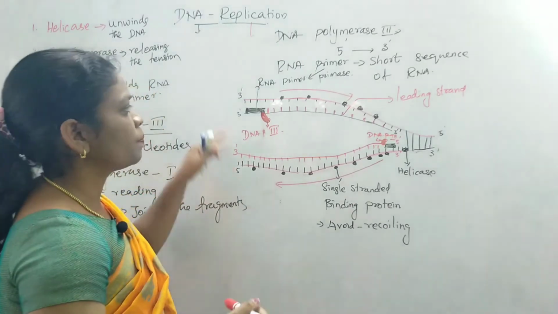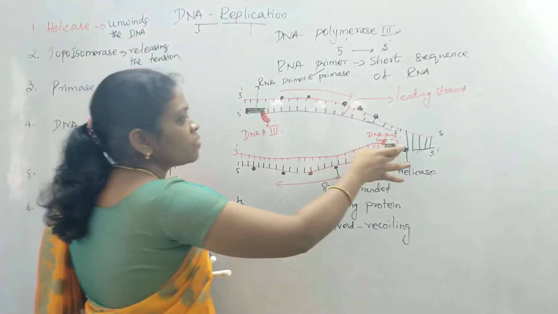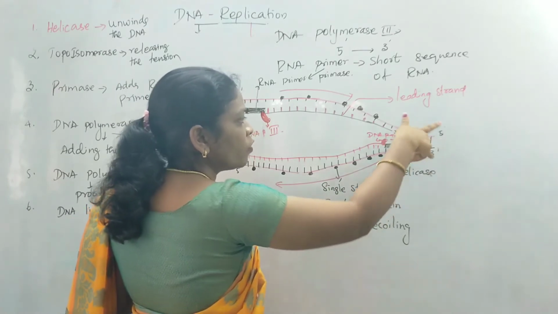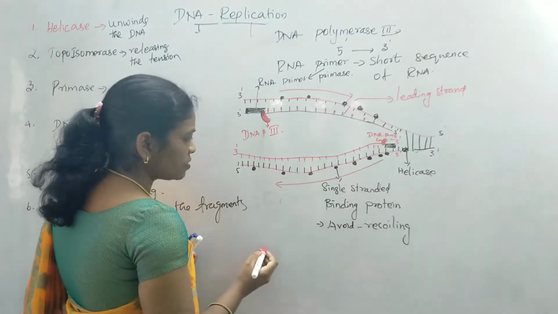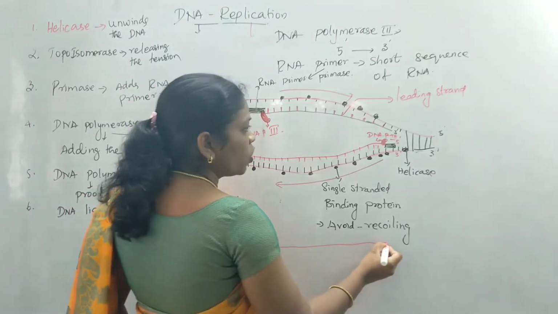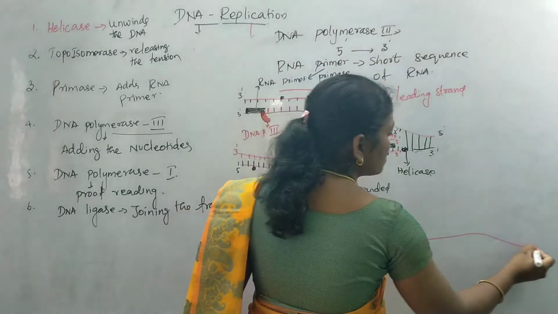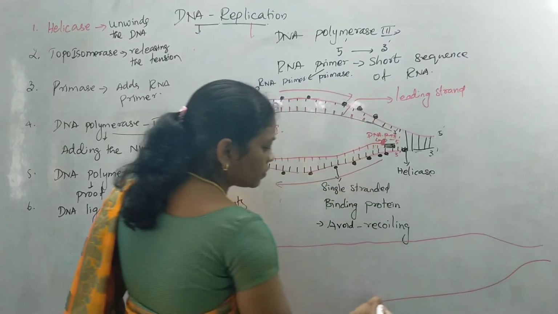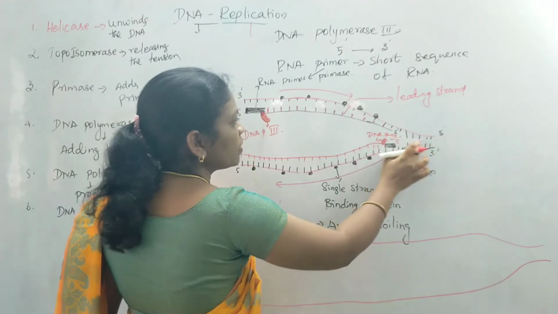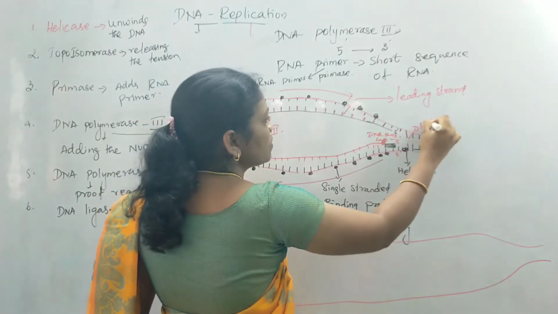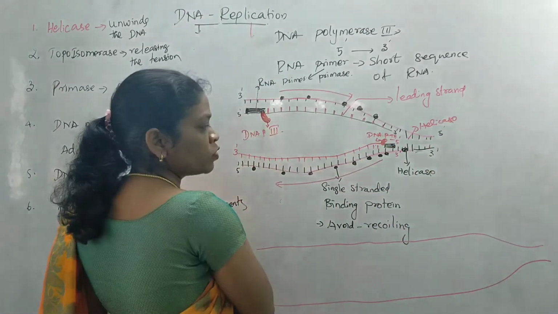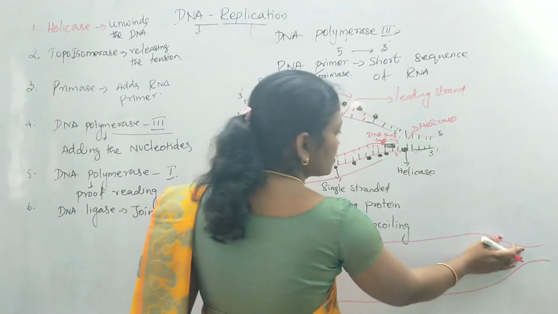The next step of this particular process. What happens here? The enzyme helicase moves further and it breaks the hydrogen bonds. It makes the replication fork somewhat longer. We'll just see this other diagram. It is getting longer and longer, where they have to synthesize more. Because of the enzyme helicase, these hydrogen bonds will break. Helicase will start to work here. So what happened due to that? These strands will start to unwind with the help of the topoisomerase enzyme also. Here you can find it is getting longer.